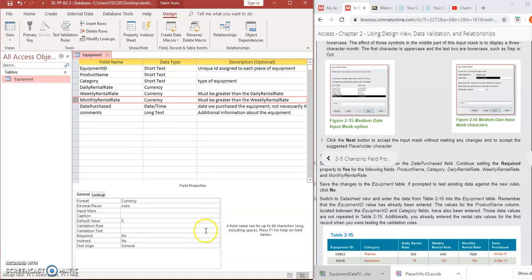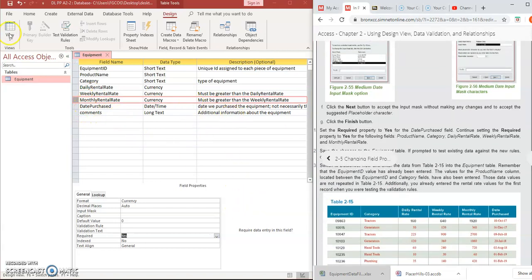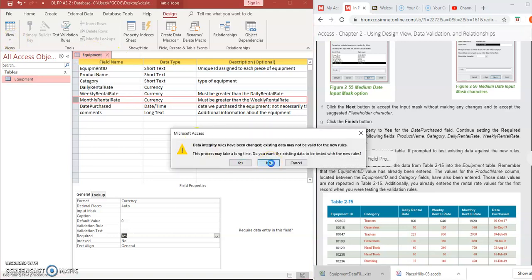Comments, you can just leave it as no. If you want, you can write comments, or you don't have to. It's not a required field. Okay, next is switch to datasheet view. Let's save before that. Click no and just